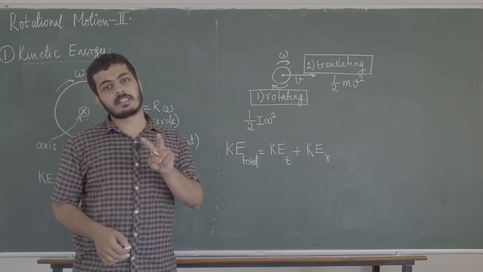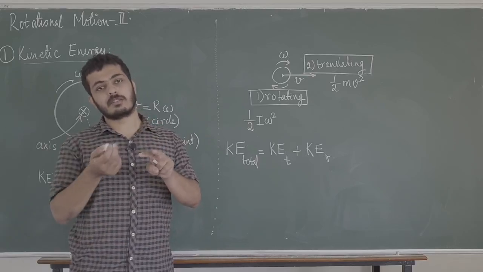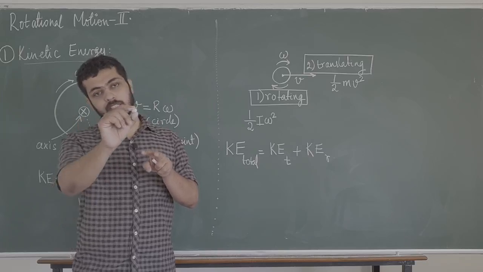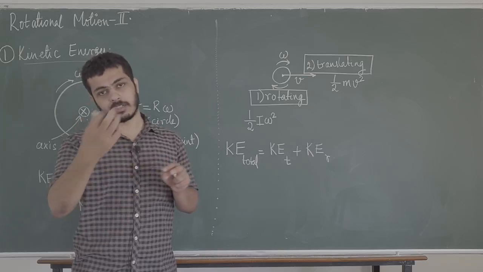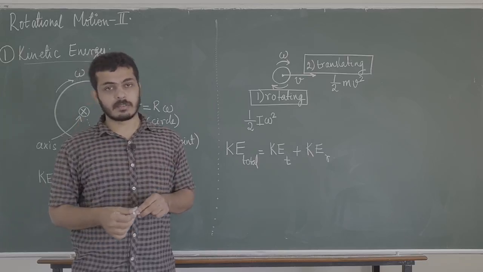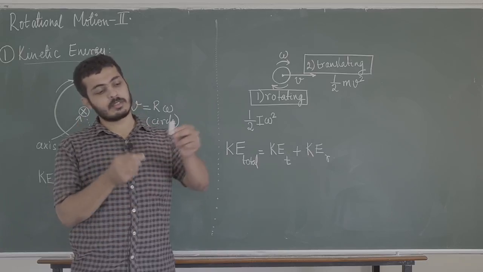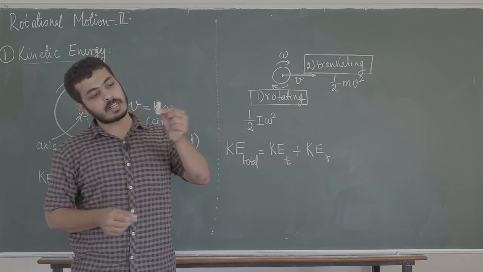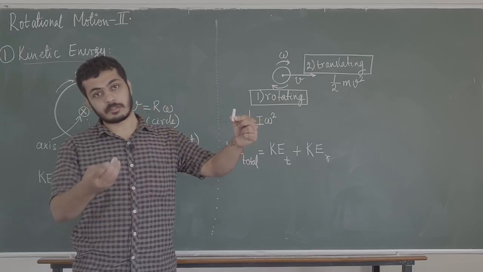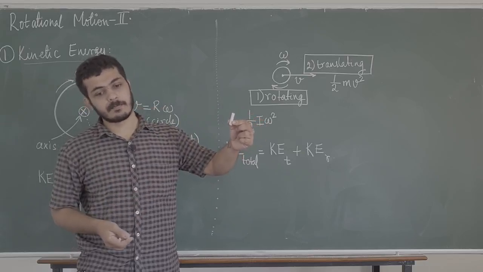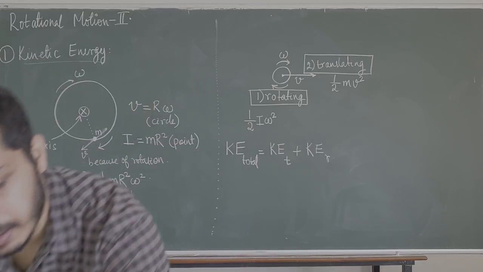Now the thing to understand is when something is moving in general, so far you have just seen objects moving in a straight line or parabolic path, some kind of curved path. In general, when something is moving, for example, if I take this chalk and I move this chalk, then one kind of motion is translation. This is what I was trying to teach you at the beginning of the class. Today I can show it to you better with a duster.